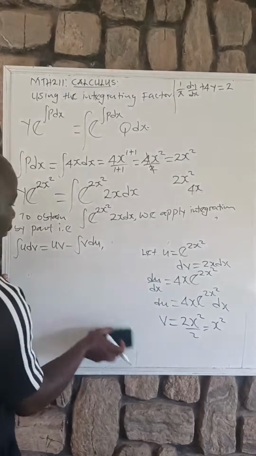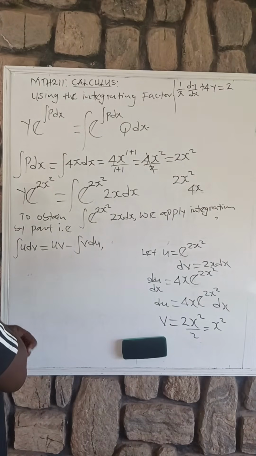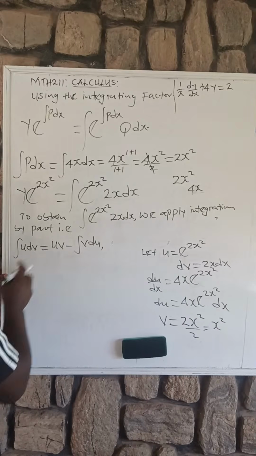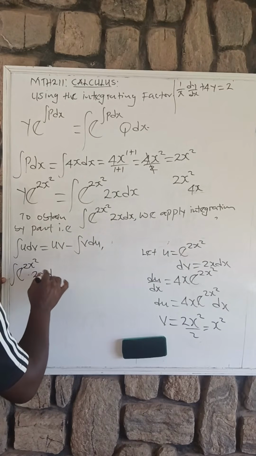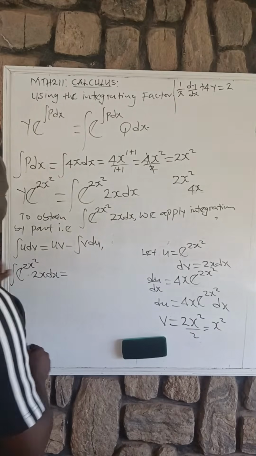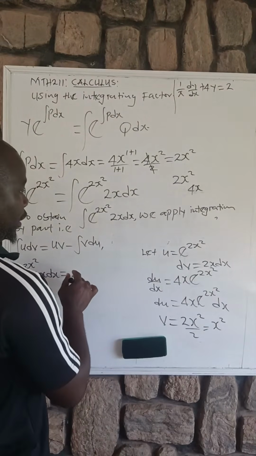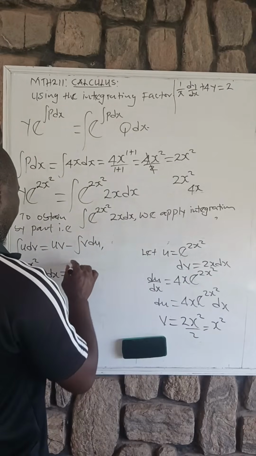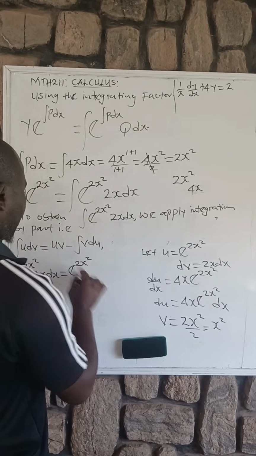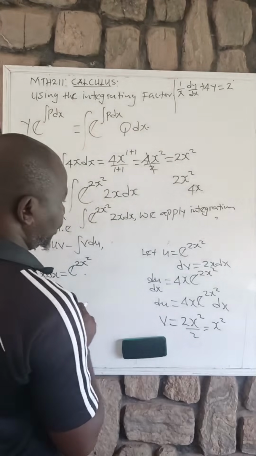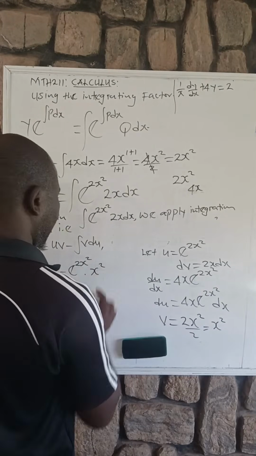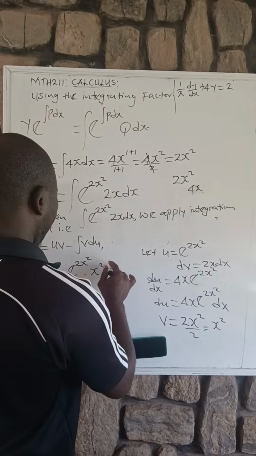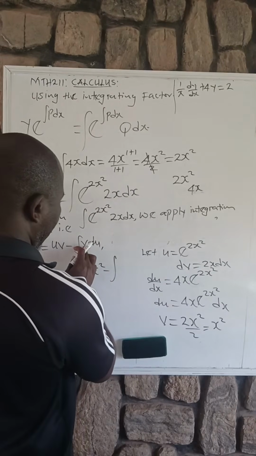If you can see what I am saying, we have to substitute this into the formula, that is, the integral of exponential 2x squared times 2x dx is equal to ordinary u, which is exponential 2x squared, times ordinary v, which is x squared, minus integral of ordinary v, x squared,